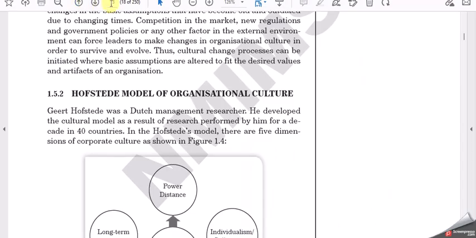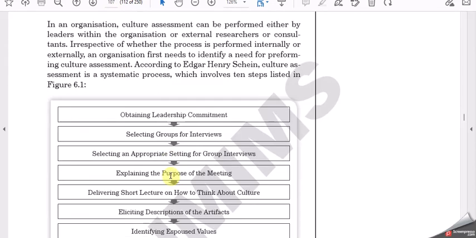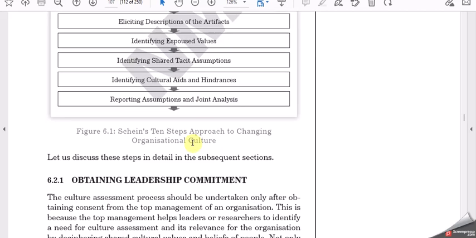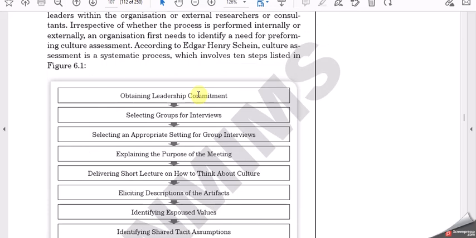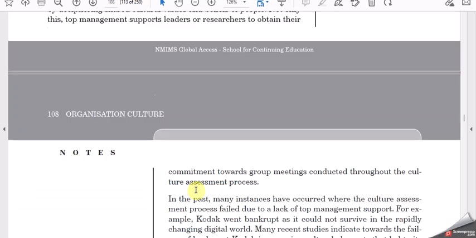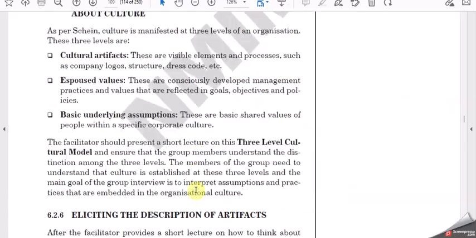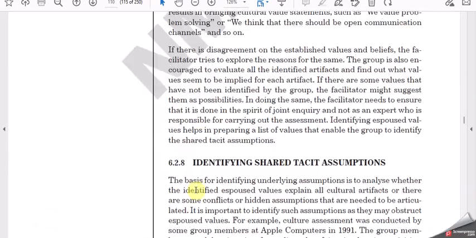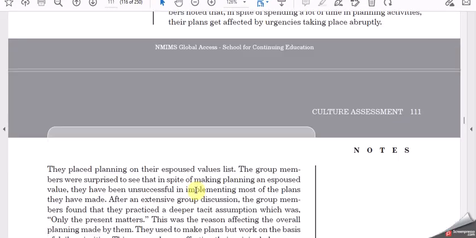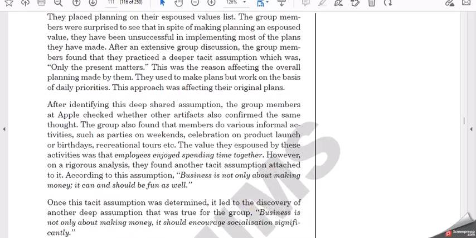page number 107. So here you can see the steps, basically a 10 steps approach to changing organizational culture, how it is used practically. You can get information from these steps, and you have quite a good amount of information here, how it has been applied in the organization.